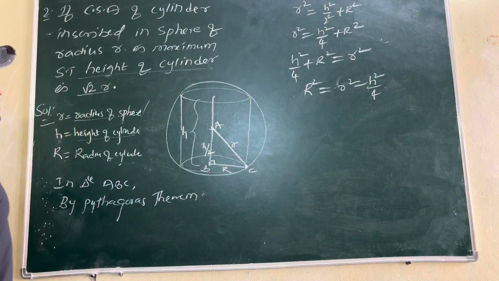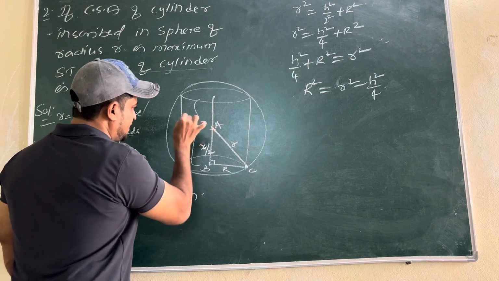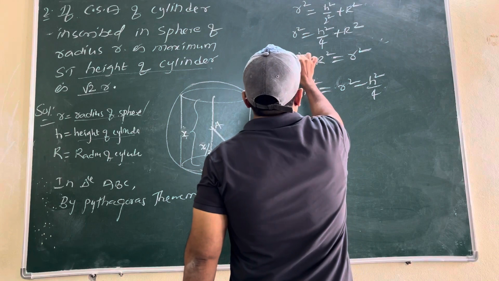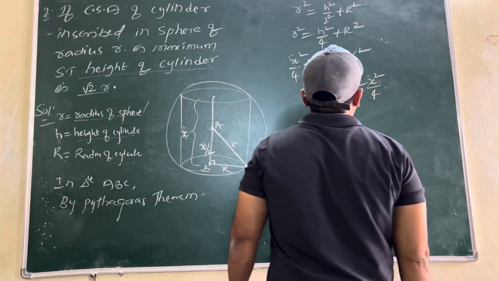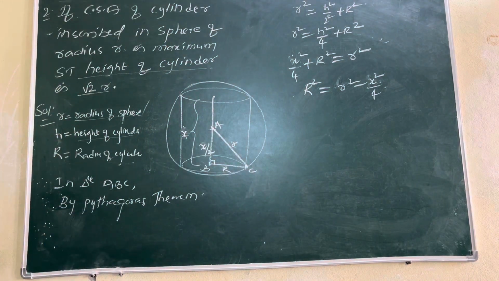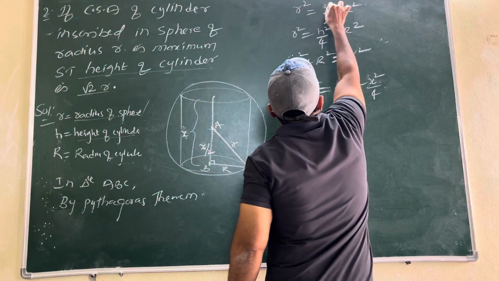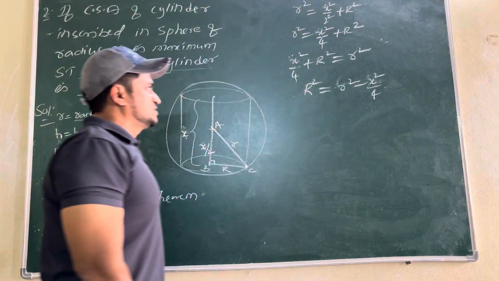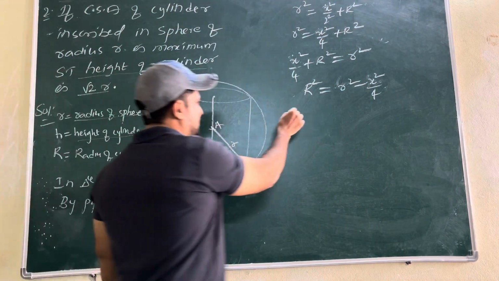Previously what I told you, the height of the cylinder is x by 2. Why are we taking this as x by 2? In the previous question what did we do? We equated, we need f of x. Otherwise you have to take f of h. So what do we have now? R square minus x square by 4. R equals root of this also you can take. Now f of x I am taking.